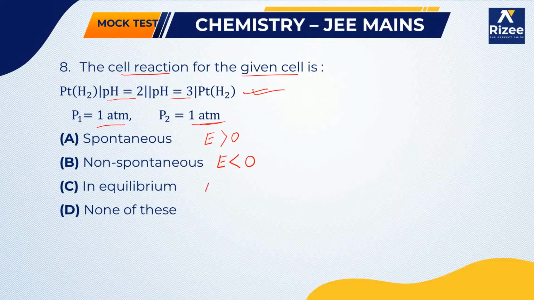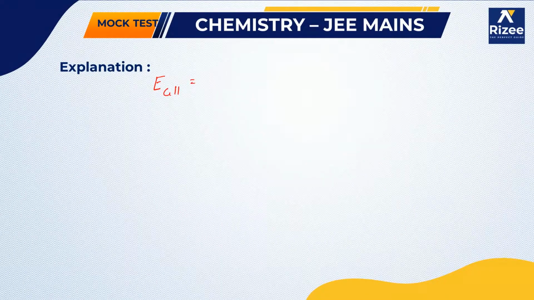At equilibrium, it will be equal to 0. So let us see the electrode potential for this reaction. What is the value of the electrode potential? We know that E cell is given as E naught of oxidation potential plus E naught of reduction potential plus